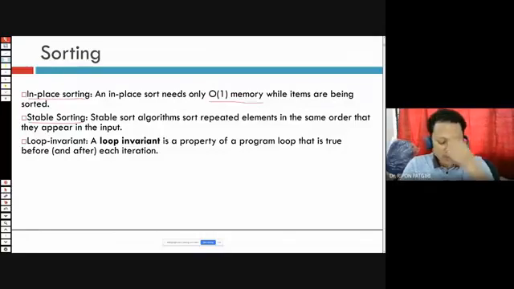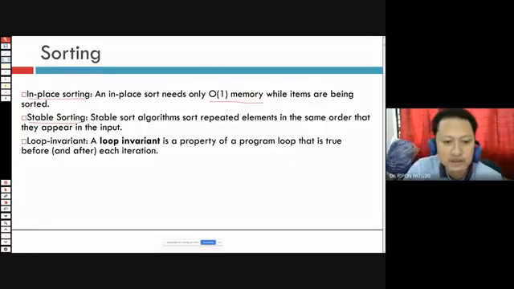Say you have given an input and there are lots of 2s or lots of 4s in the array, and you perform some sorting operation. After the sorting operation, those numbers should not be altered from how they appeared in the input. It should be as per the order in the input. So that's known as stable sorting.